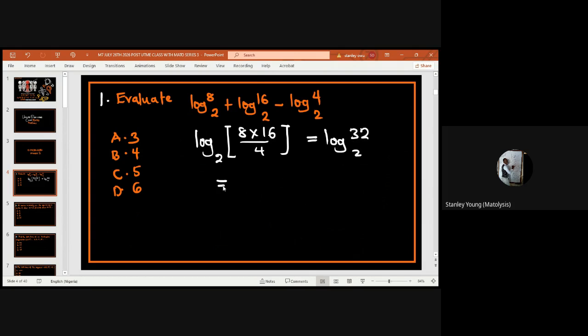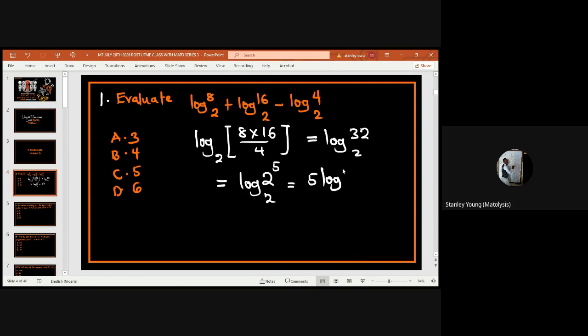How do we know that? 32 is the same thing as writing 2 to the power of 5, because 2 times 2 is 4, times 2 is 8, times 2 again is 16, times 2 is 32. That's 2 to the power of 5, then base 2. So from the law of logarithm, log of a raised to the power of n is the same thing as writing n log a. So in this case, you have a 5